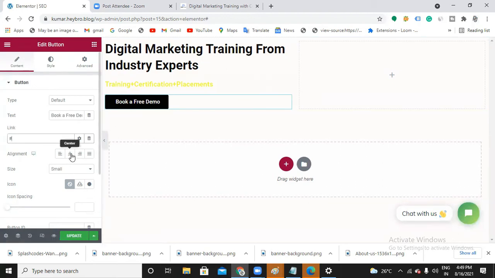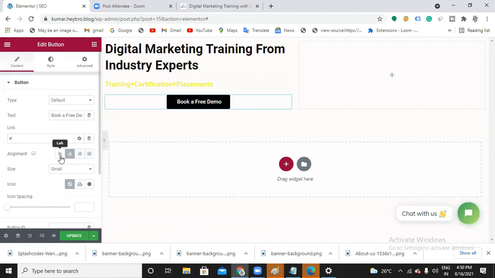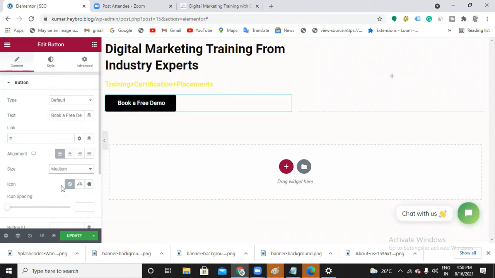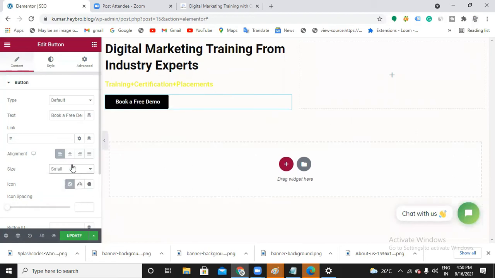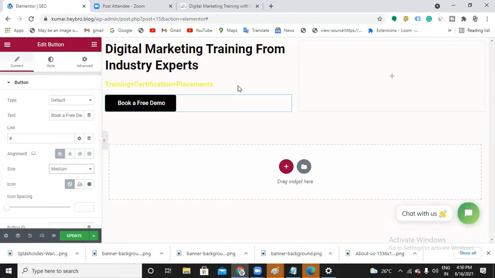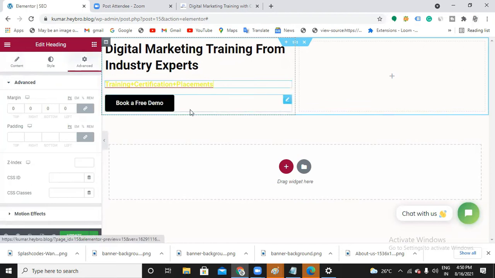Okay. And size, alignment: left, center, right, justify. Center, left hand side. And small, medium, large, extra large. I'll go with the medium, or small is also fine. Okay. And what else?